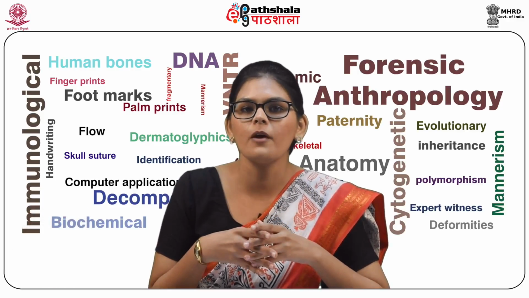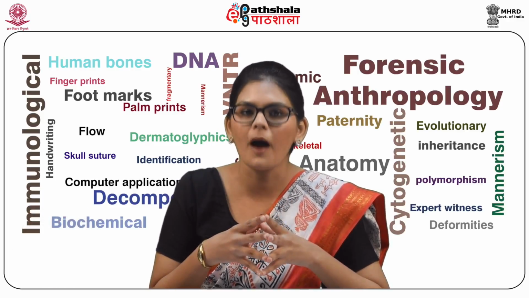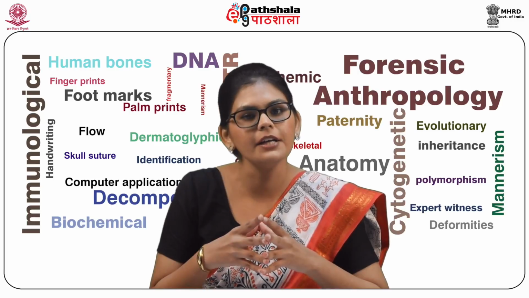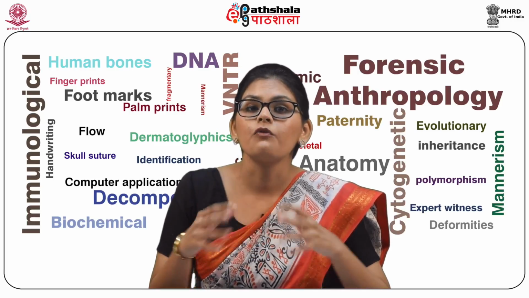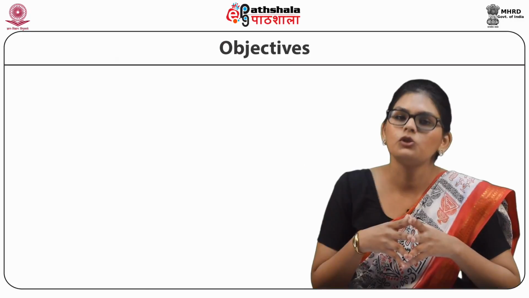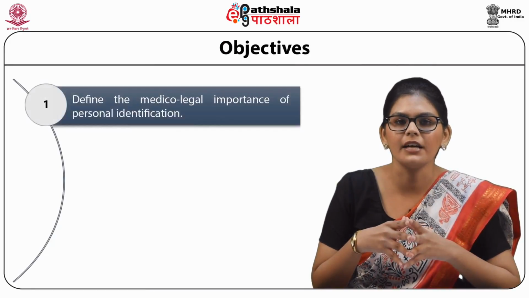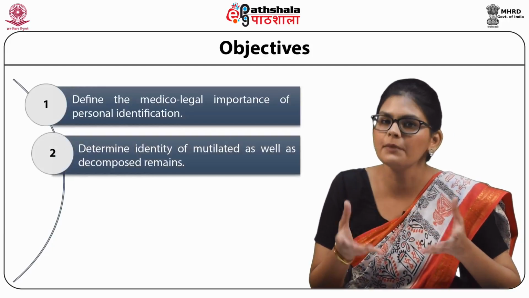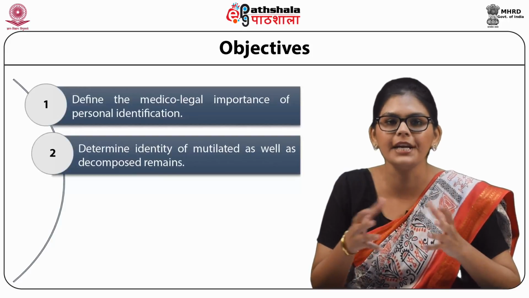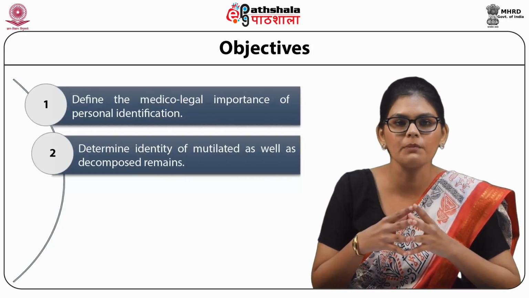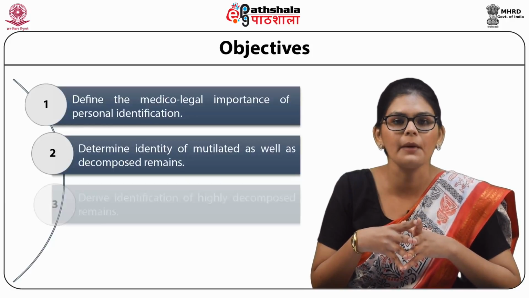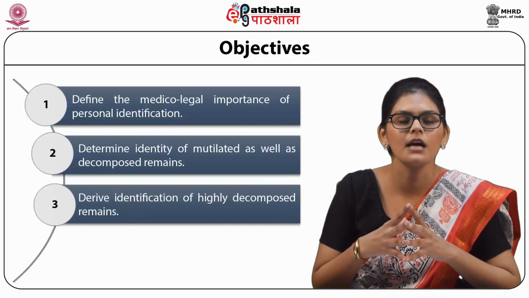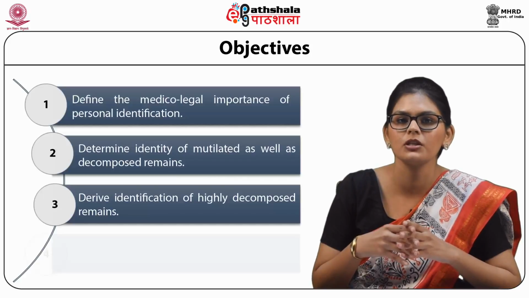Today I will talk about the module Establishment of Partial and Complete Identity from Decomposed and Mutilated Bodies under the Forensic Anthropology paper. Through this module, you will be able to define the medico-legal importance of personal identification, the determination of identity of mutilated as well as decomposed remains. The students will also be able to derive identification of highly decomposed remains